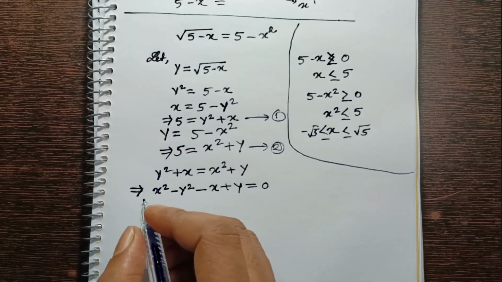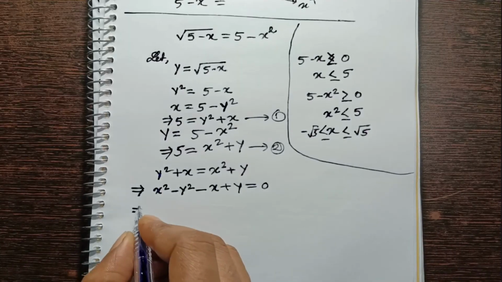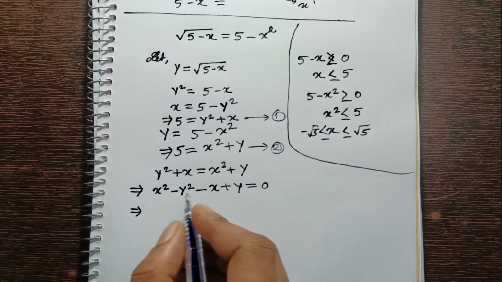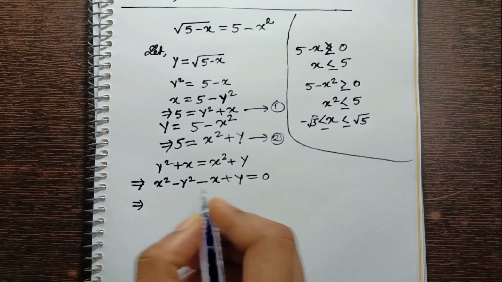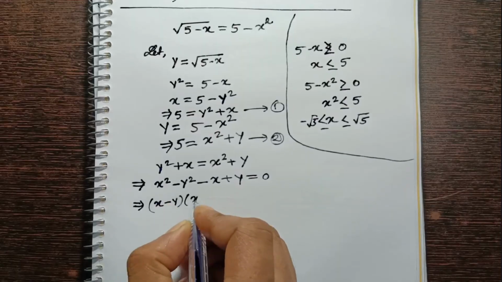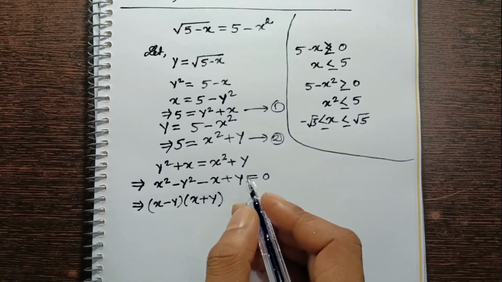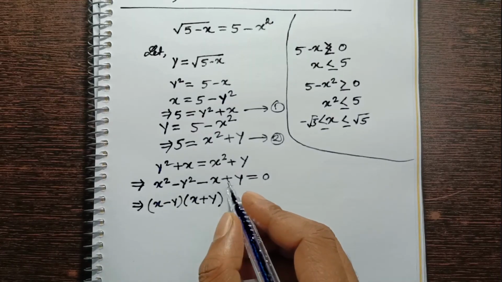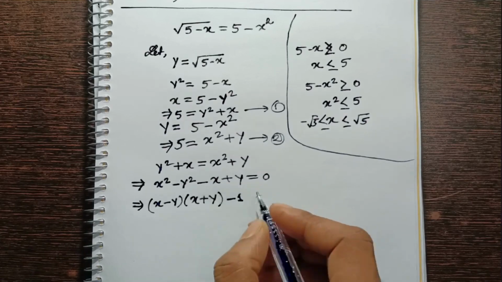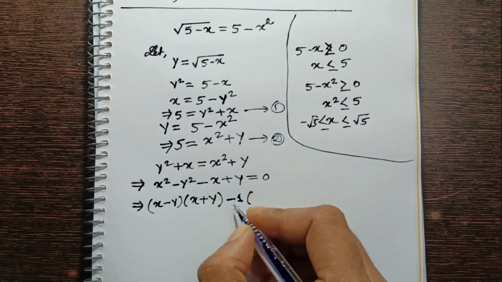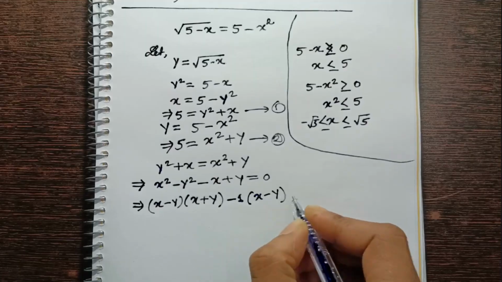Now, look at the first two terms, x squared minus y squared. That is a classic difference of squares, so we can expand that into x minus y times x plus y, and then look at the remaining terms, which are minus x plus y. If we factor out a negative 1 from those two terms, we get negative parentheses x minus y close parentheses